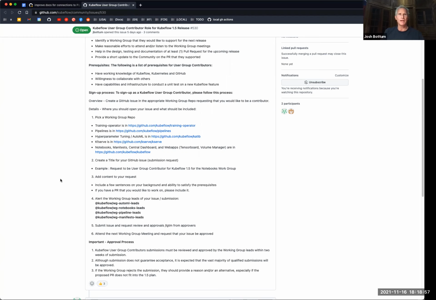Yeah, it sets boundaries for both sides. The working group knows that they have a user, someone who is going to help contribute through an ephemeral period of time, and they can ask questions and build a relationship. On the other side, if the user gets their submission approved and it is for a PR, maybe that means that PR actually gets worked on and delivered in the 1.5 timeframe. Yeah, I would love this. I don't see a reason not to like it. Can I make a small proposal, which is that we name it user sponsor or something instead, so that we make it very explicit that they're there to sponsor a single feature or change.